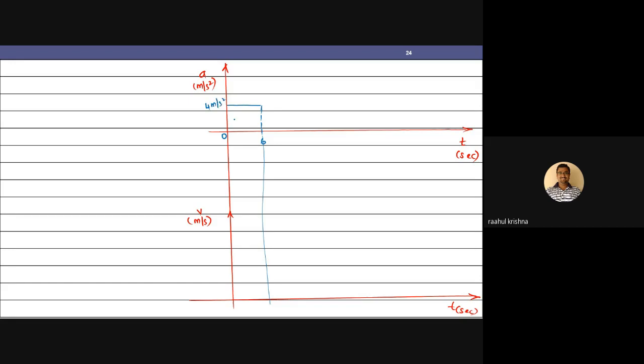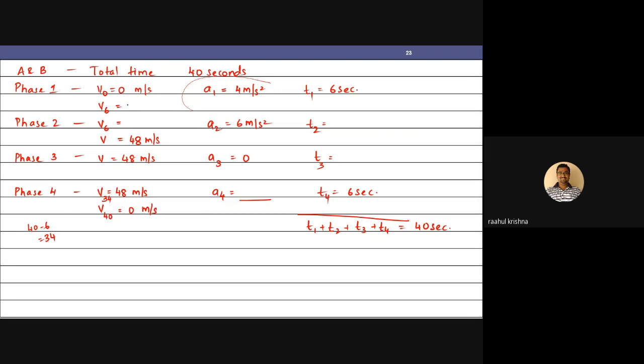That will be the area under this curve, right? Yes or no? At the end of 6 seconds, what will be the velocity? The velocity will be the area under this graph. What is the area under this graph here? 4 into 6, 24, correct? So at the end of 6 seconds, my velocity is going to be 24